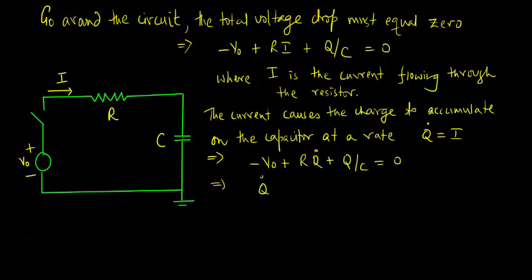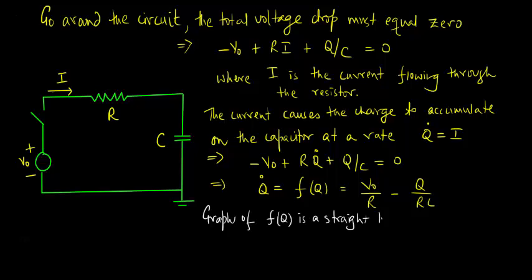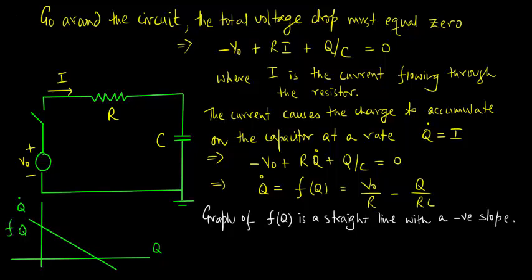Rewriting this, we get Q dot is equal to F of Q is equal to V naught divided by R minus Q divided by RC. Now the graph of F of Q is just a straight line with a negative slope. Now that's the plot of Q dot versus Q, and we plot F of Q on this plot. The vector field has a fixed point where F of Q is equal to 0